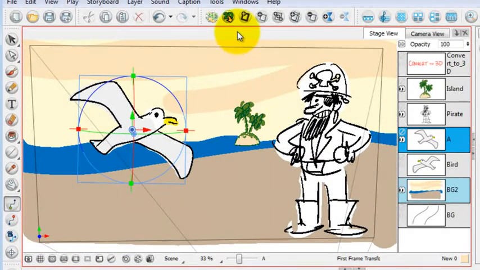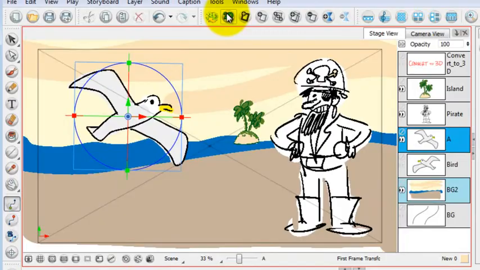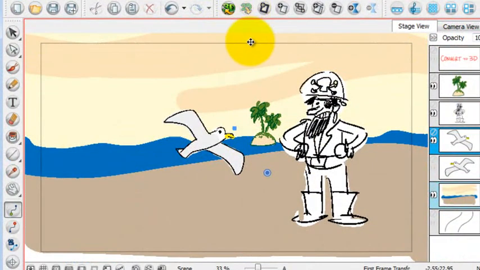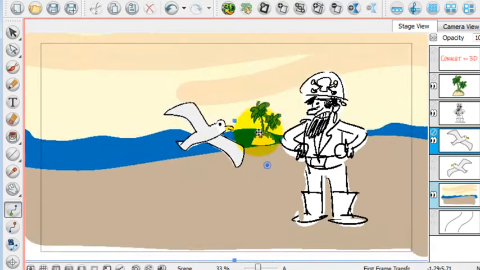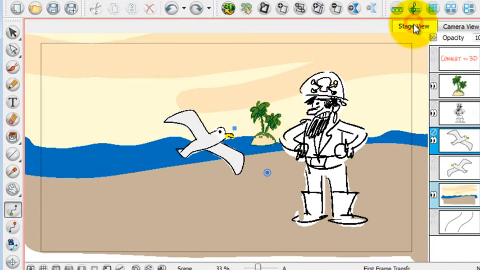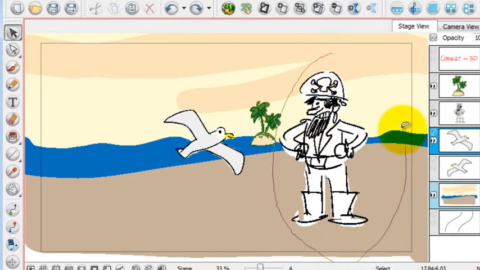Now for some reason you wanted to convert it back to 2D, you could just click the 2D button and you can see the elements resize themselves back to the original sizes and placements that they were in before any 3D transformation took place. So now that this is back in 2D space, I can't even rotate it with the stage view because it's completely flat, and we're back to being able to select items in the same way that we normally do in